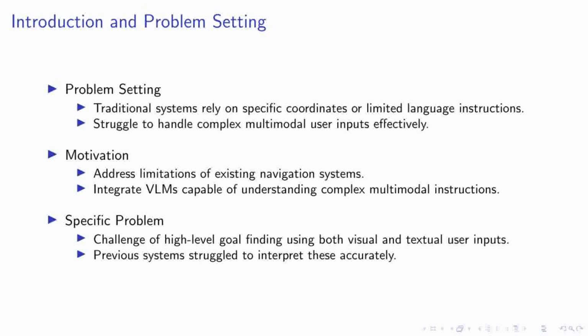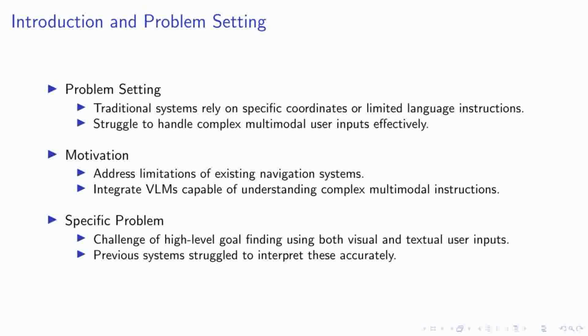The specific problem we tackle is the challenge of high-level goal finding, which involves interpreting both visual and textual user inputs. Traditional systems have struggled to accurately decode these inputs, leading to inefficiencies and errors in navigation tasks. Our approach aims to refine this process, ensuring more accurate and context-aware responses from robotic systems in dynamic environments. This sets the stage for a deeper exploration into how VLMs can enhance robotic navigation by leveraging their advanced reasoning